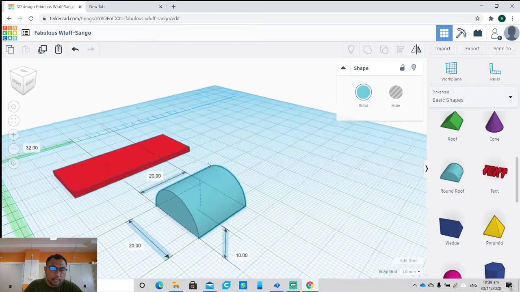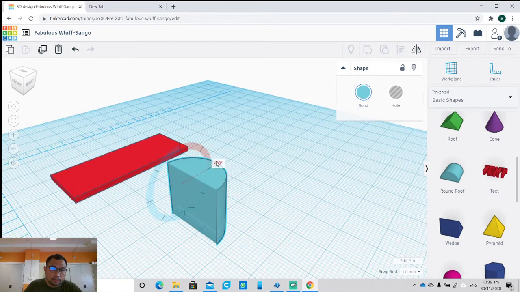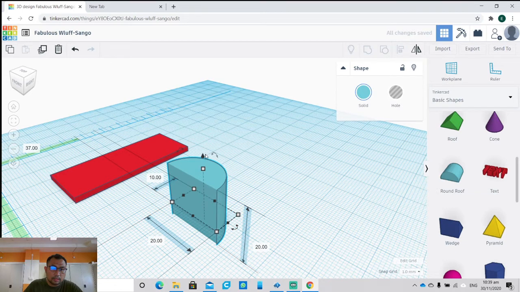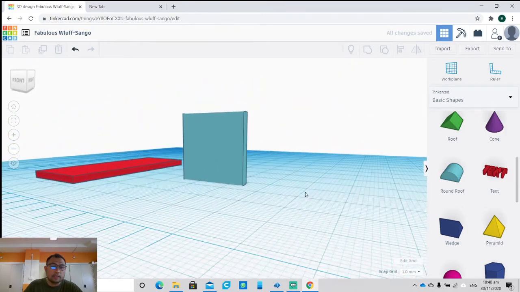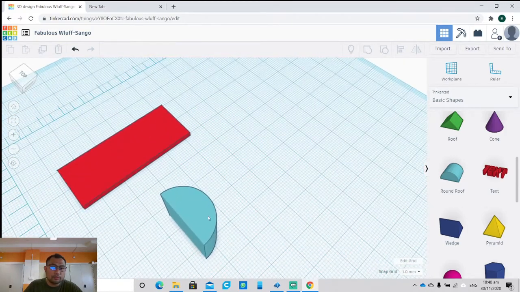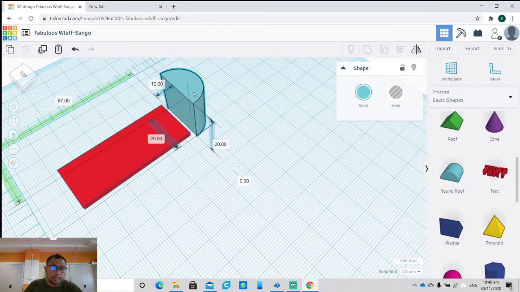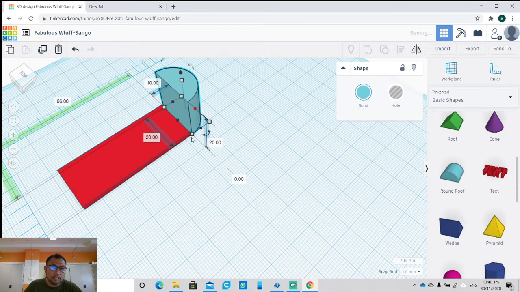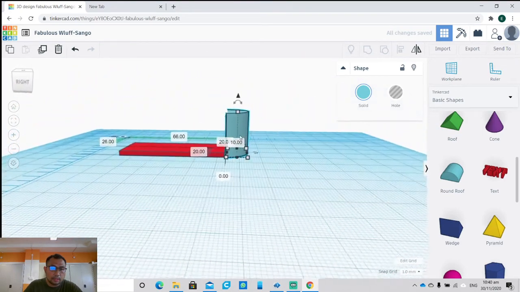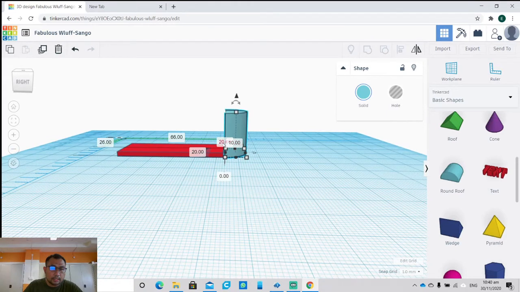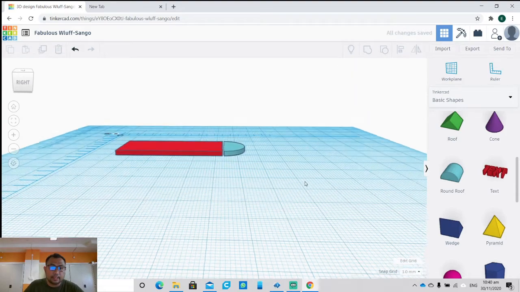Now if I only can get this thing to shift. Okay, so now hold on to shift, and there you go. So you're gonna rotate the round roof so that the flat side is flush with the work plane. Now as you can see, it's a bit too thick, so you've got to match the thickness according to the block that you had before. So I'm going to click 2, so it's flat right now,